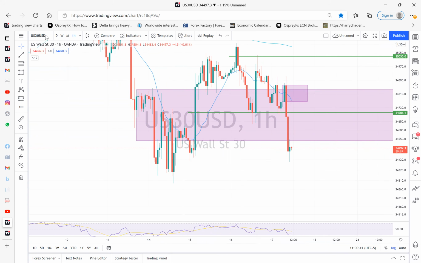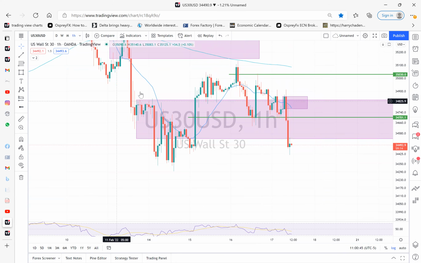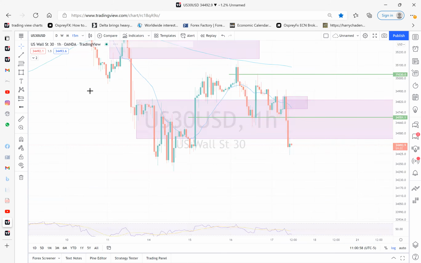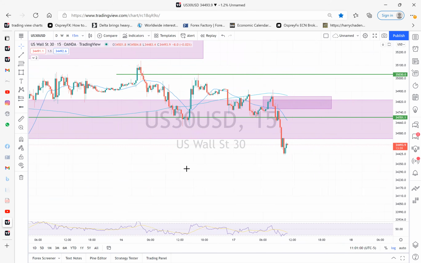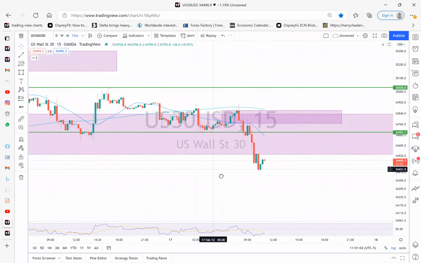Or you can, a lot of people when they're in the indices, they trade levels, and it's not based off of a 1 hour chart. I need to move this bar up here. Maybe you'll do 5 minutes or 15 minutes. That gives you plenty other levels. So if you drop down to the 15,